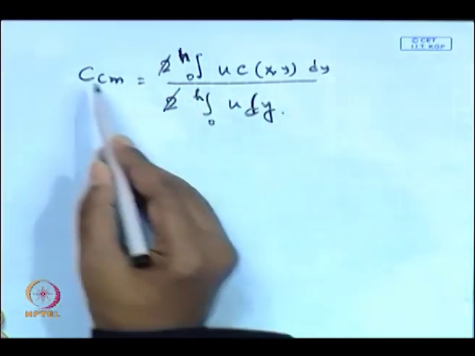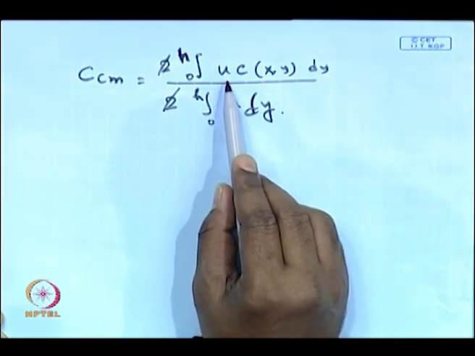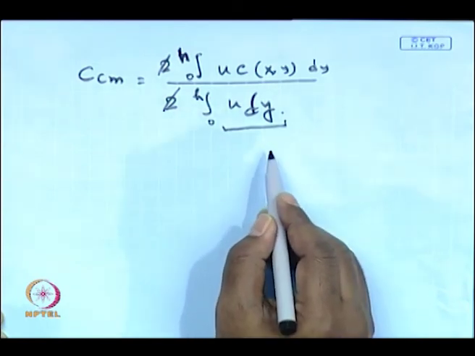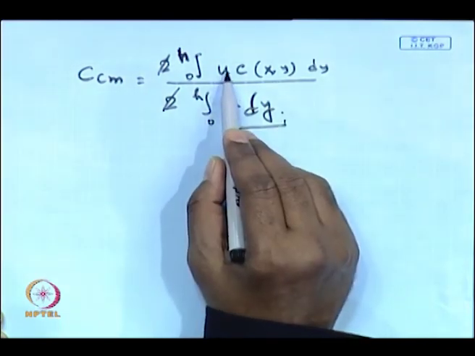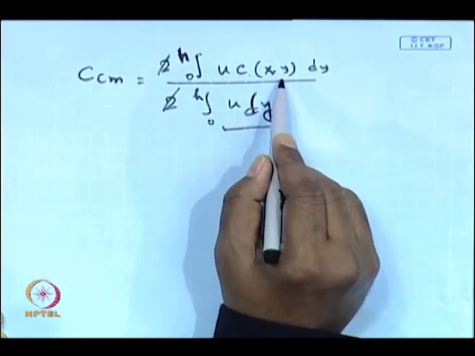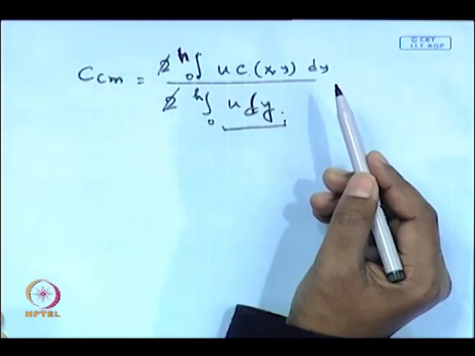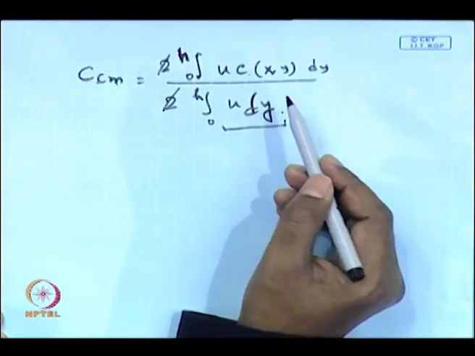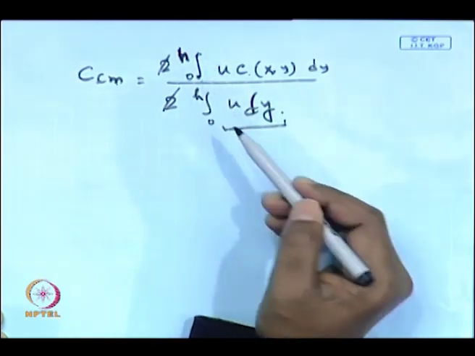So, this definition of cup mixing concentration gives you, that means you have u as a function of y only. Since it is fully developed in the y direction, in the denominator you will be getting a value. Okay. On the other hand, in the numerator you are going to put the profile of u there, but c will be a function of x and y. Therefore, after integration in the y direction, all the y variation will be gone. But the x variation will be intact, because you are not integrating over x. So, the cup mixing concentration will be a function of x star, but it will not be a function of y star, because it is averaged over y.